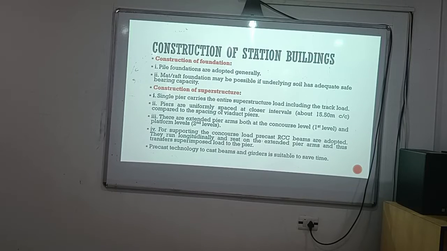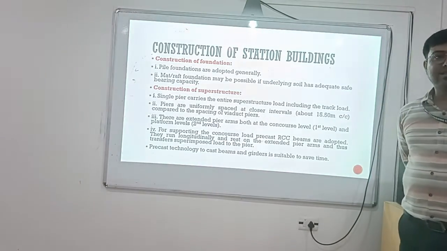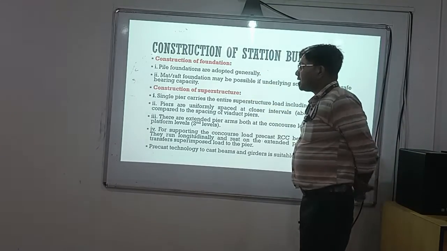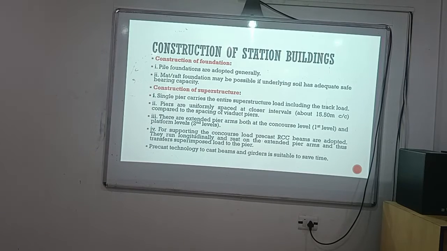Now the techniques of construction of the metro station. There are two parts, as in all civil engineering structures: the foundation and the superstructure. So there are two separate headings: the construction of the foundation for the metro station and the construction of the superstructure of the metro station. If you remember, in the last class we discussed the pier foundation used for the construction of the viaduct, that is, the elevated metro system. But in case of